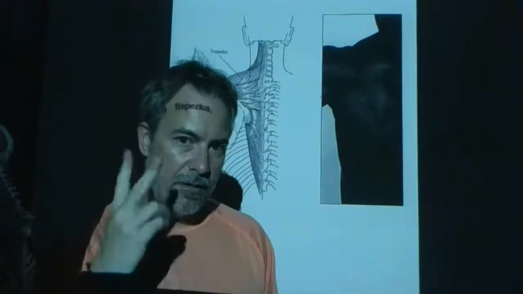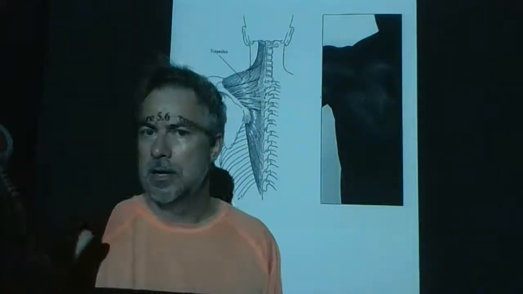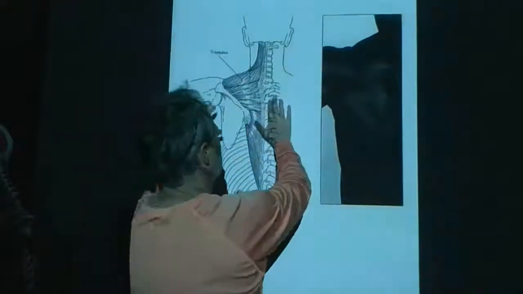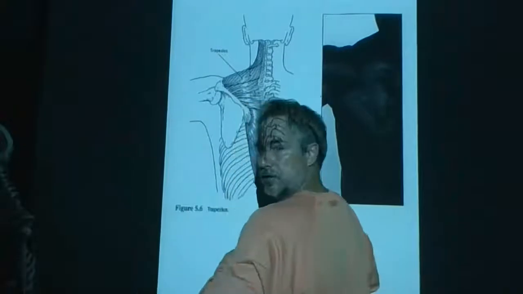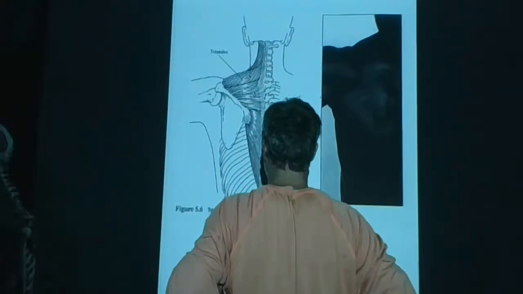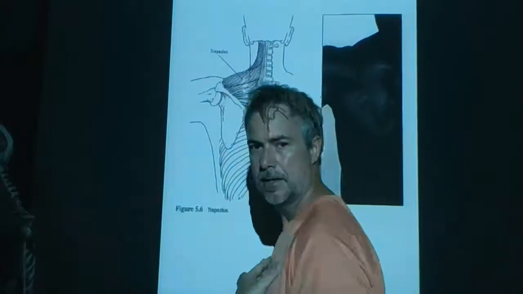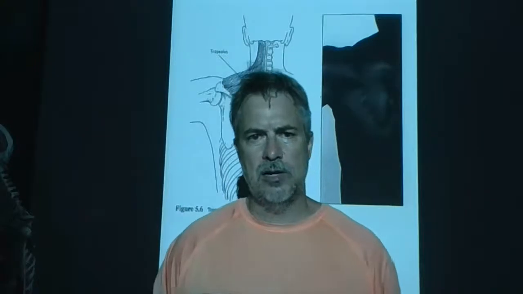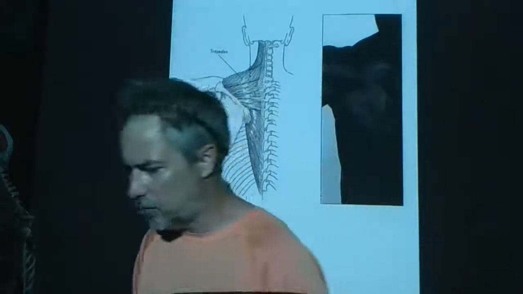All of the fibers have 2 things in common, which again is kind of neat, fascinating to me. All of the fibers are trying to pull the scapula to the spine, pulling in a direction of retraction. Scapula to spine. In addition, all of the fibers are pulling in a direction of upward rotation of the scapula. I'm going to explain how that works